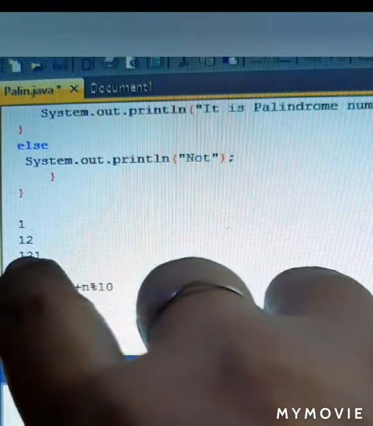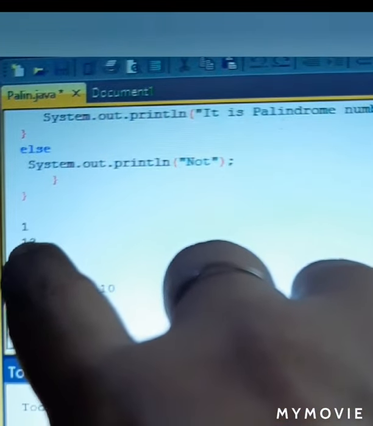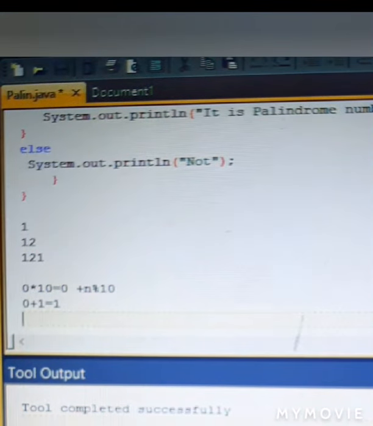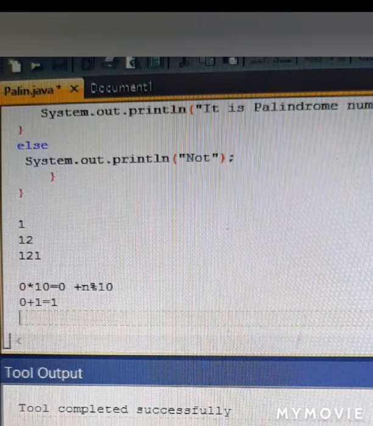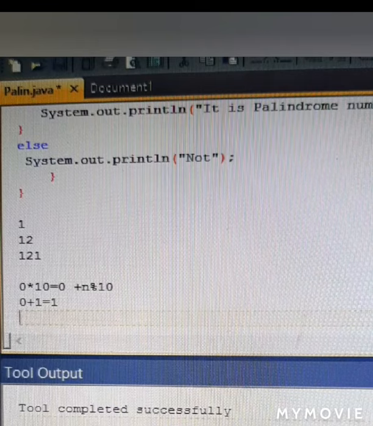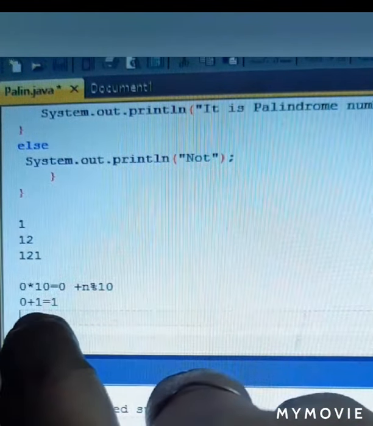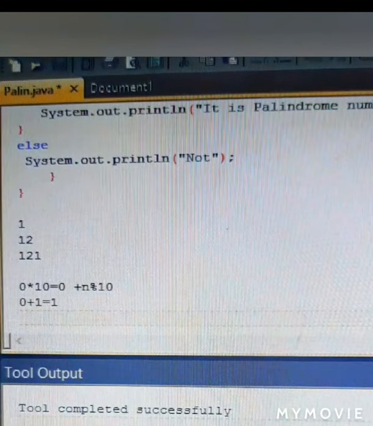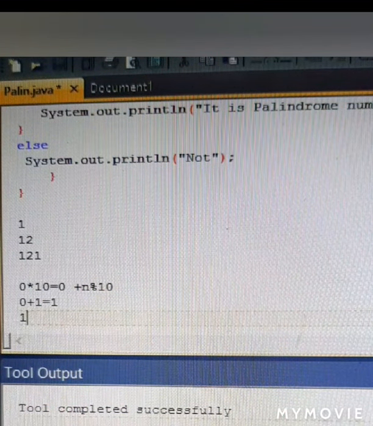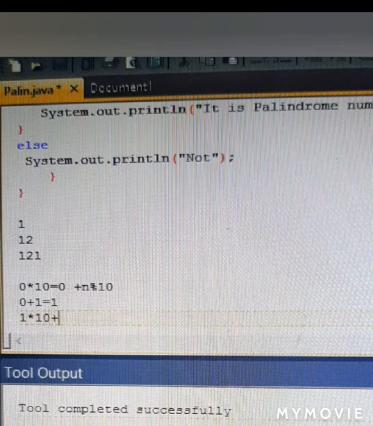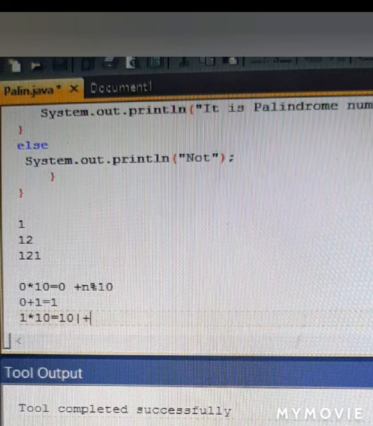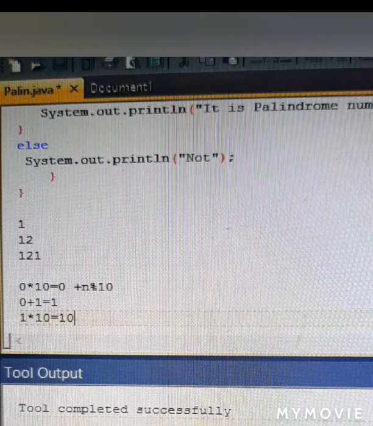Now after this has executed, it will go to the next step, 12. So 12 modulus 10 was giving you how much? 2 as a remainder over here. But in the memory presently we have the value 1. So 1 into 10, because I have already written into 10 in my program, will give you 10, plus the remainder that you got on the second step, which was 2.